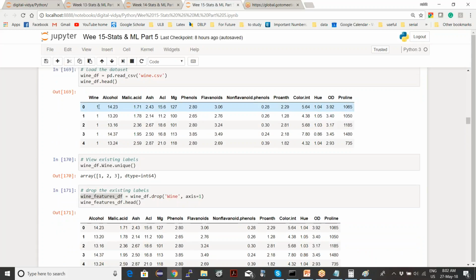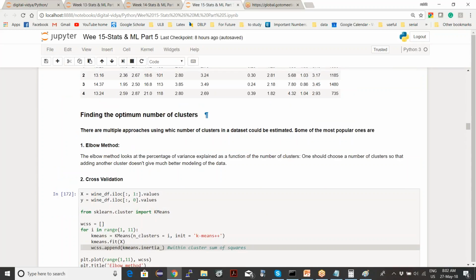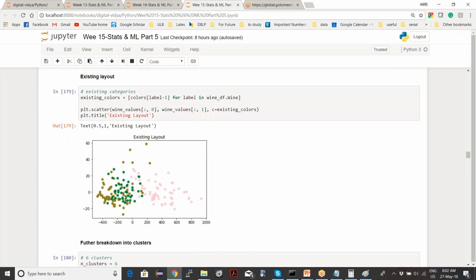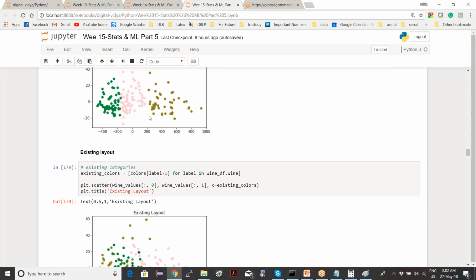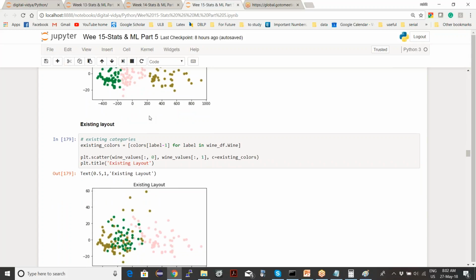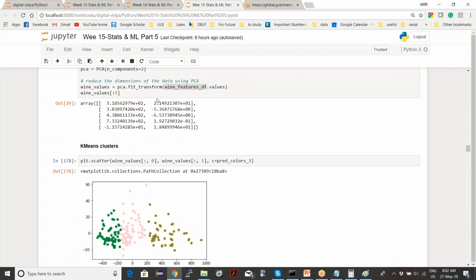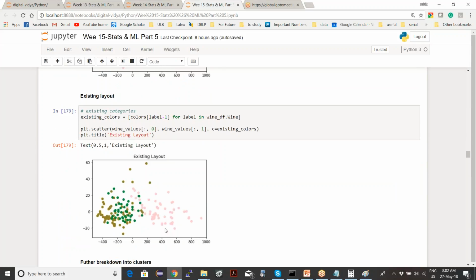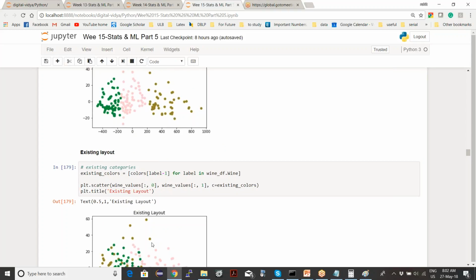In the actual data set. This is wine 1, this is wine 1. So this representation is what was the actual grouping, and this is what we got when we didn't know the grouping and we did it into 3 groups, right? So I'm just checking how good the mapping is. This is just to validate the grouping we did, how good it is compared to the existing one.